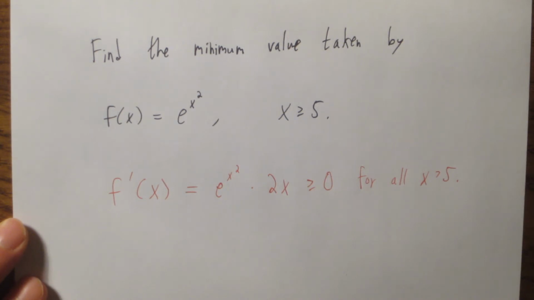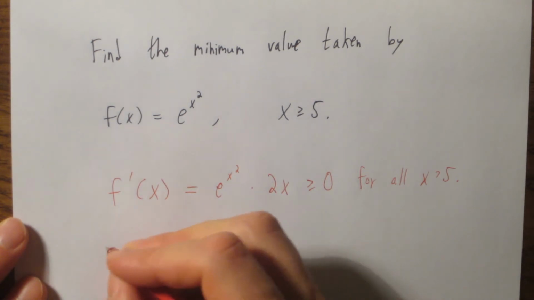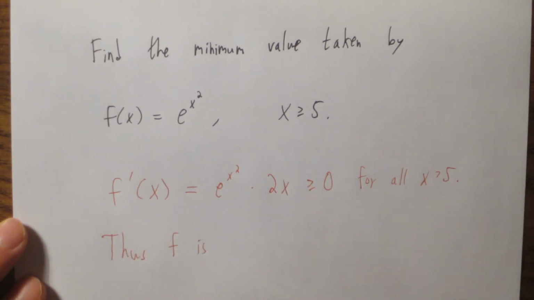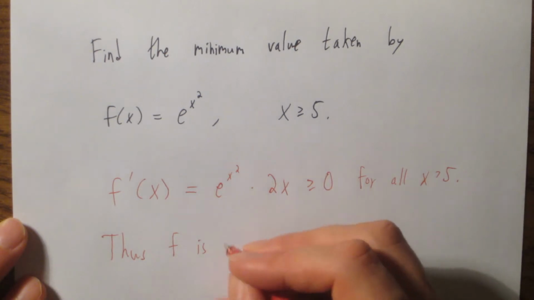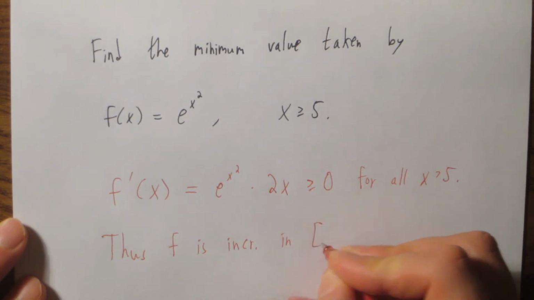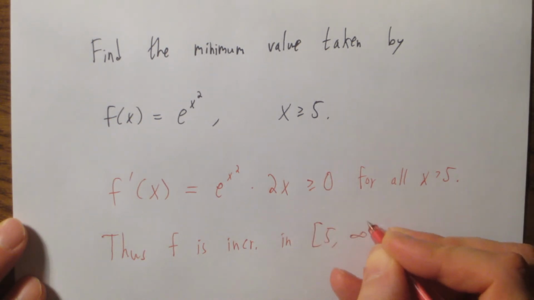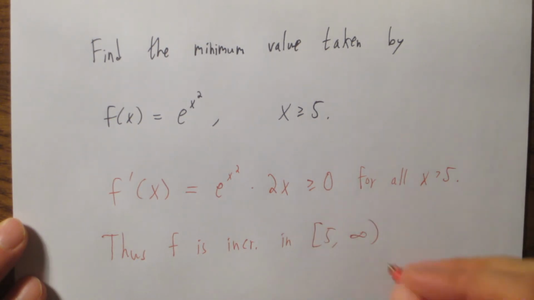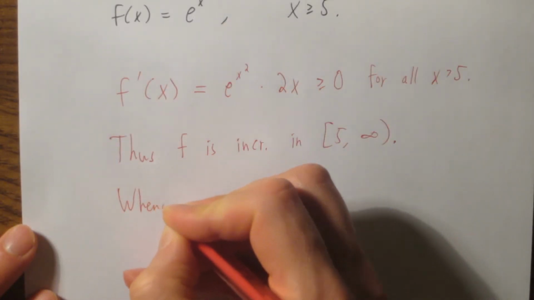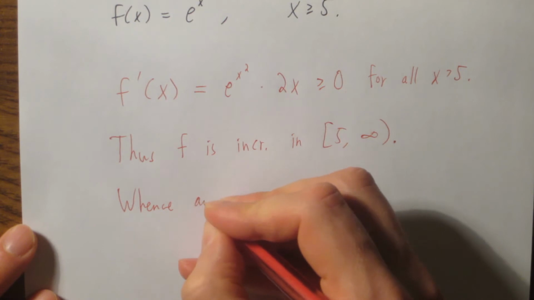And now we just use that the derivative describes the rate of change of a function. And you know, the function is continuous at 5, nothing strange happens there. So f is increasing in the interval from 5 to infinity like that. And whence the answer is